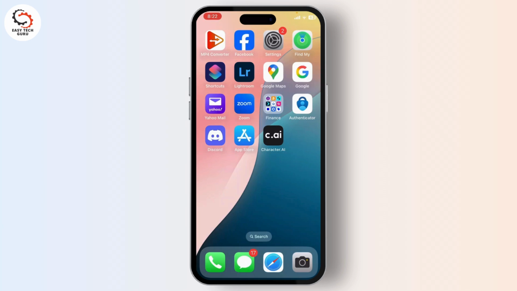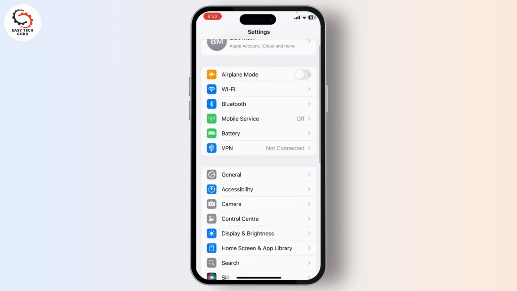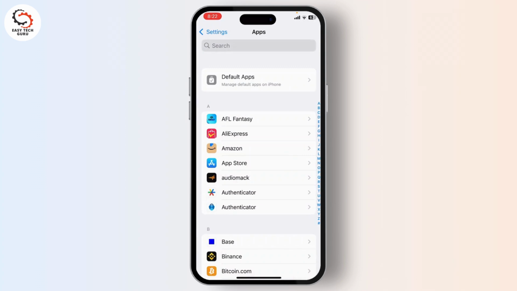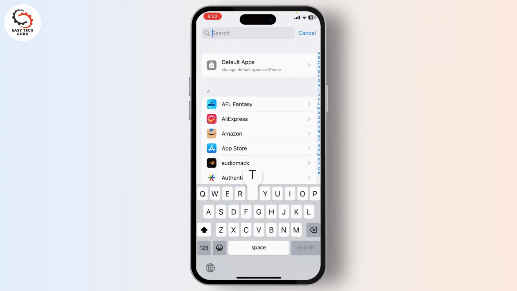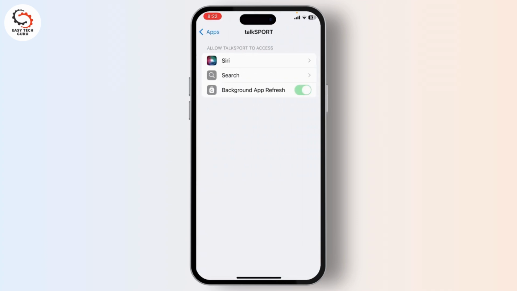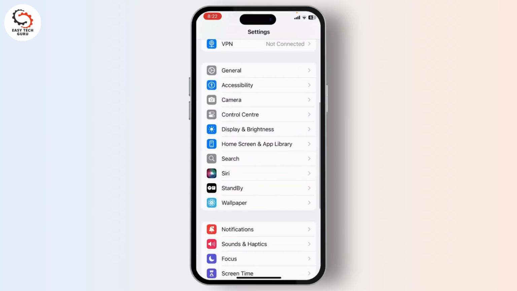If the problem still persists, you might want to go to your settings. After you're on your settings, go to apps on the bottom, tap on apps, and then search for TalkSPORT. So let's search for TalkSPORT here. Open that up. And my bad, let me go back here. So what we'll need to do is